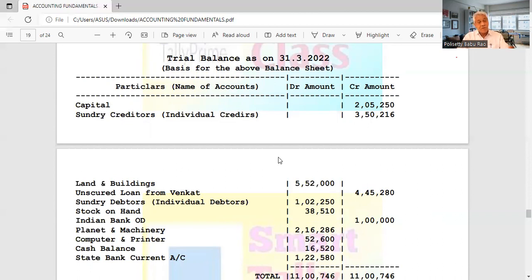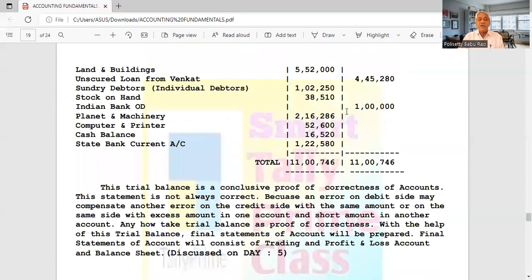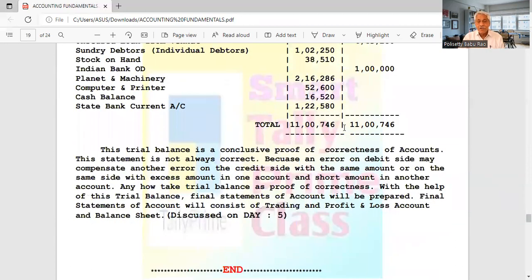Every step, from last step to first step, you go backwards to check. If the error is found, we need not go to the previous steps. Like this, we have to check and rectify, and then make the trial balance tally. If it is tallying, we assume this is correct, but